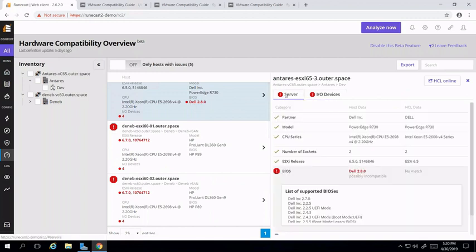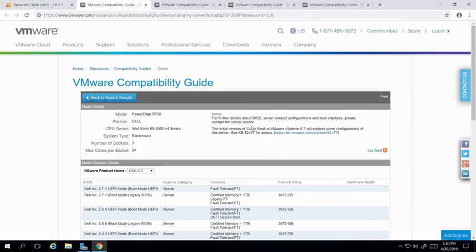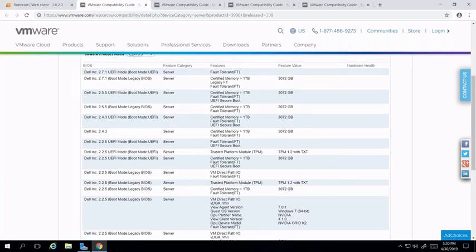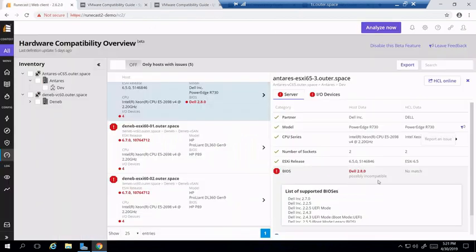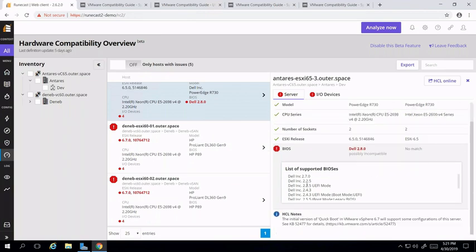So let's switch to the server tab. As we can see here, the partner model, CPU series, number of sockets matched. So we know for sure that this server is in the HCL. We can even go to that page and see all the details as they are live on the HCL page. But going back to it, we see that the BIOS that's actually there on the server now, 2.8.0, is actually not supported for ESXi